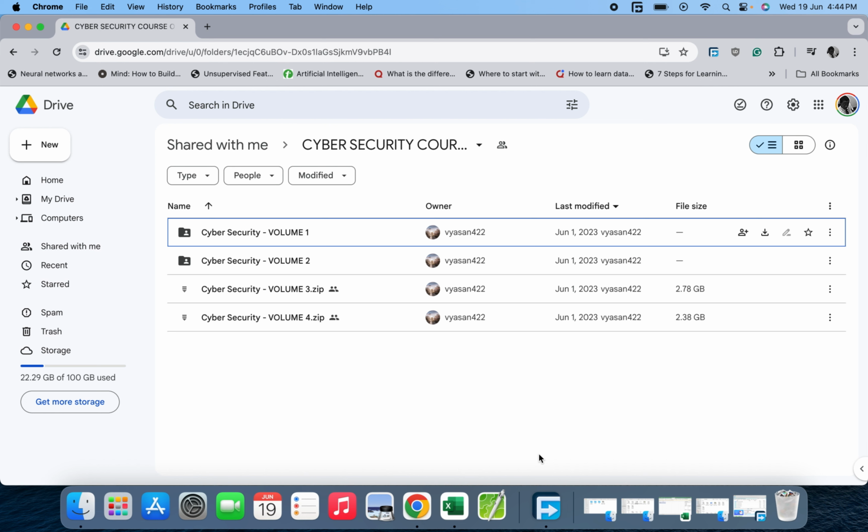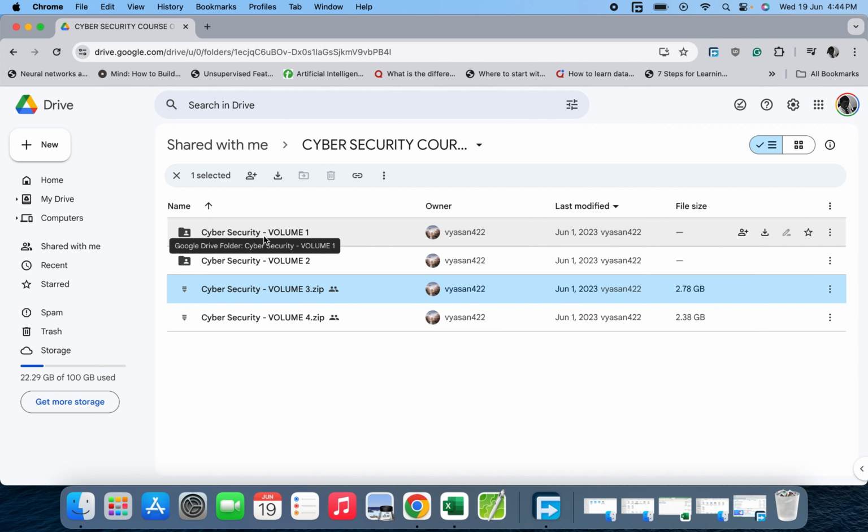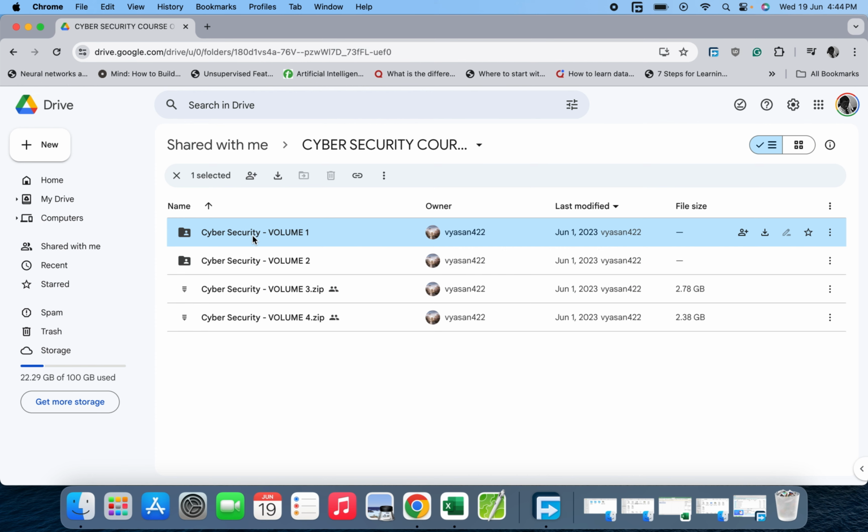With volumes 3 and 4, it's a zip file, so you need to download the file. Okay, so we have volume 4. When you click on it, it's a zip file, so you need to download the file. But with volume 1 and volume 2, so volume 1,